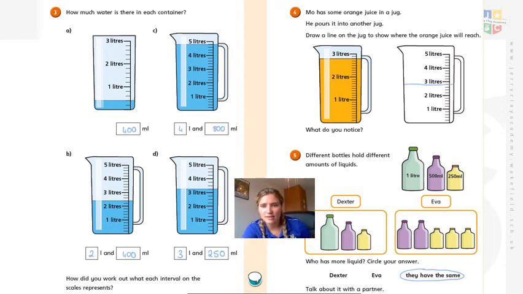Different bottles hold different liquids. Who has more liquid? You first of all had to add all the liquids together. In Dexter's he had 1 litre and 750 millilitres. And in Eva's, if we add them up together, she also has 1 litre, 750 millilitres. Just because they are different bottles, they have the same